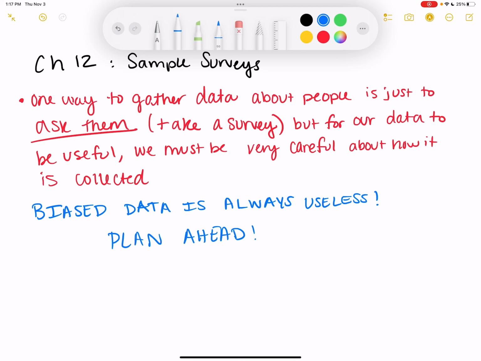We're going to get more into this later, but don't say something like, well, you don't really want to go to Target, do you? That's trying to lean the person toward giving you an answer. Instead, say something like, do you want to go to Target? Something that's clearly yes or no, not trying to sway the person to give you an answer one way or the other. And we'll talk about all the different kinds of bias later in this chapter.